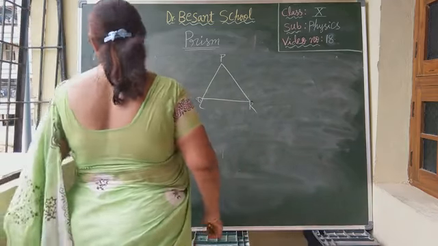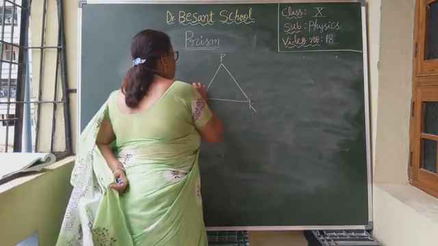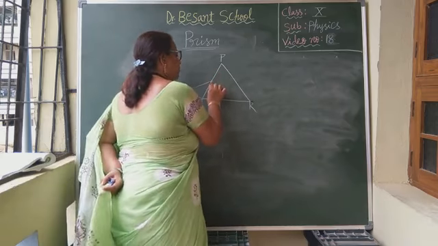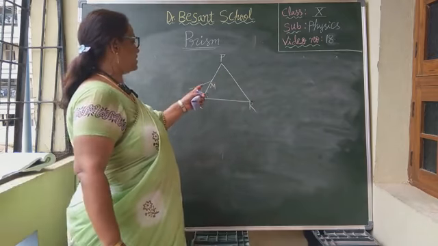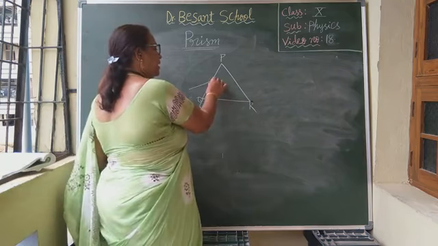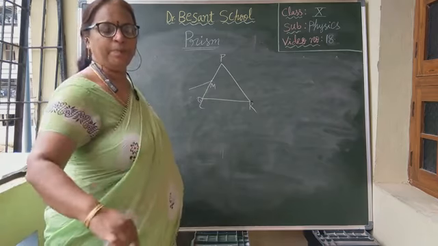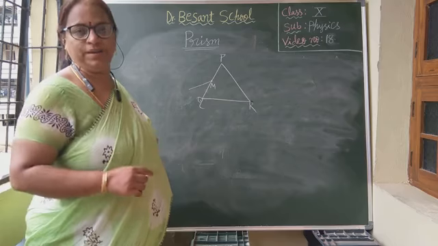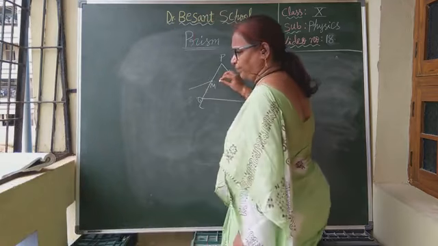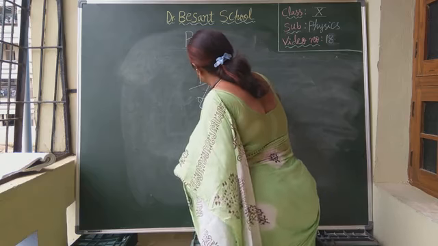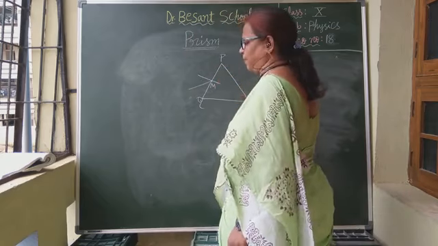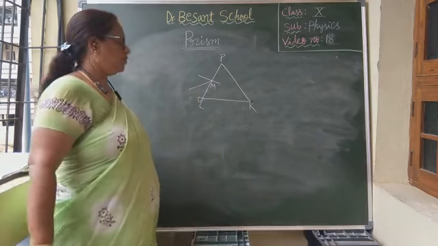Now let us consider an incident ray. Assume that a light ray is incident on the plane surface PQ at a point M. This light ray is touching this plane surface PQ at point M. Now what should you do? You should draw a perpendicular at this point M. Perpendicular means a normal, you all know? We draw a normal perpendicular, which is 90 degrees, at this point M. Okay children?